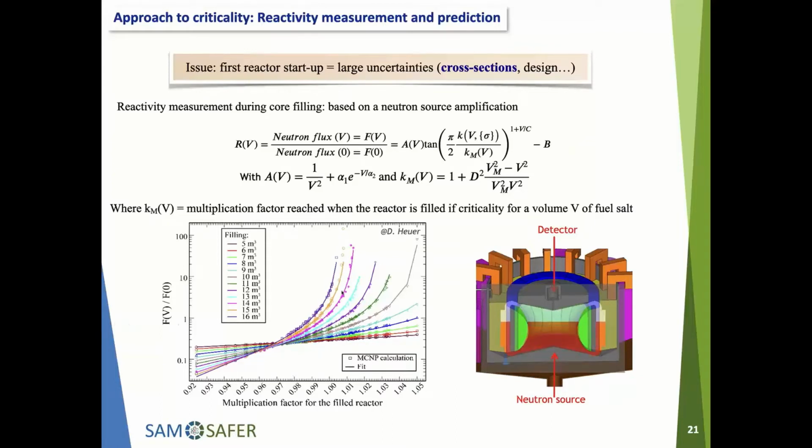One line corresponds to the filling of the reactor, and if you take one drawn line, a fit, it corresponds to one filling of the reactor, and you have many colors corresponding to many sets of cross-sections. We take the cross-sections and we modify them to take into account their uncertainty. So you can see that we have a large number of values. So we can, based on the neutron source amplification that you can visualize on the right part,